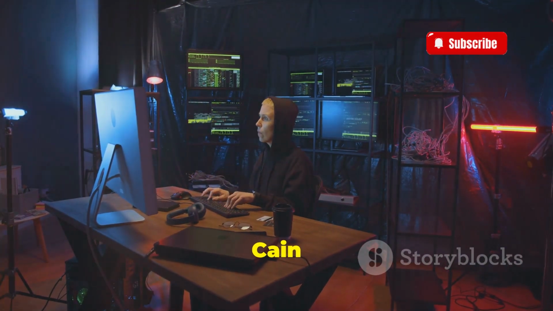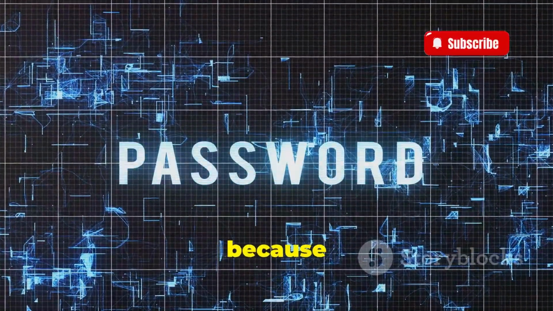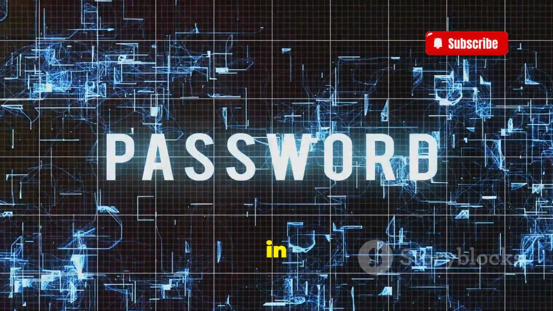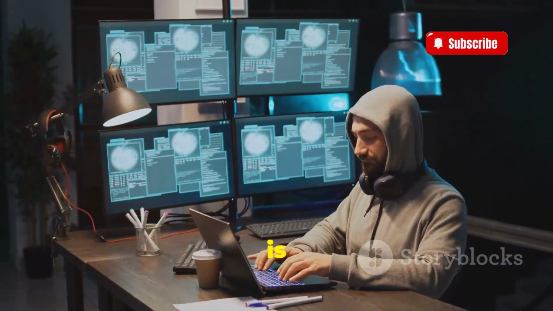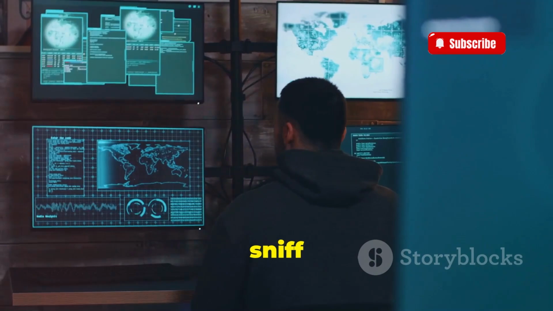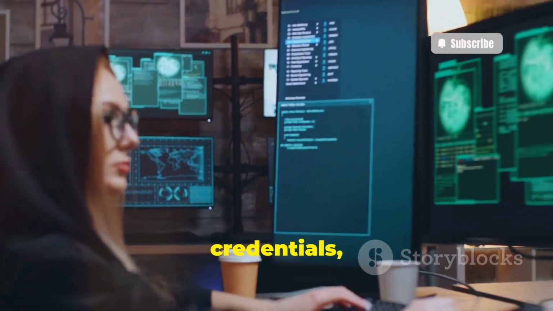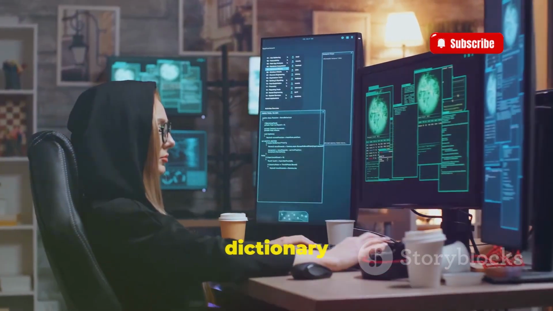Chapter 9. Cain and Abel, Unmasking the Secrets. Let's talk about passwords again, because let's face it, they're often the weakest link in the security chain. Cain and Abel is a tool that specializes in password recovery and network sniffing. It can sniff out passwords from a variety of sources: network traffic, cached credentials, even cracking them, using dictionary attacks